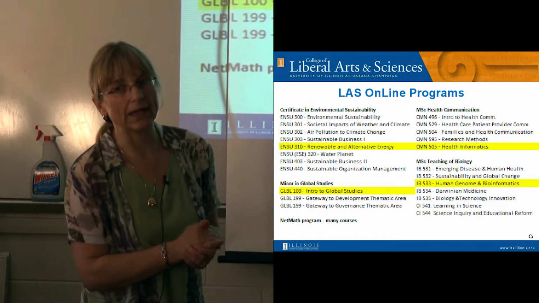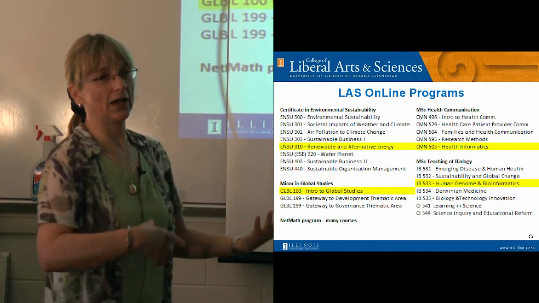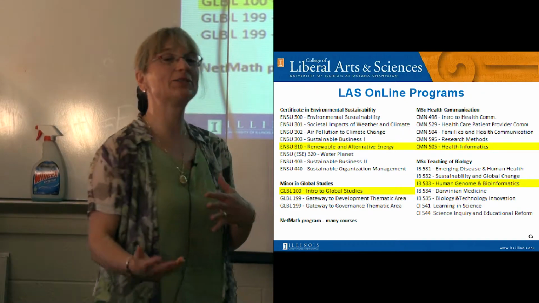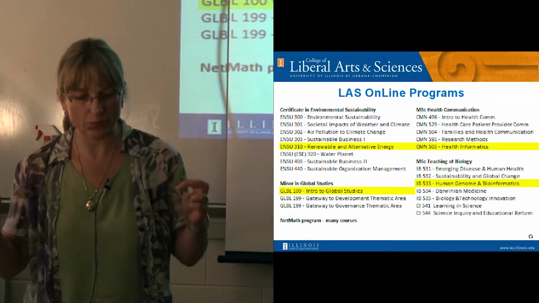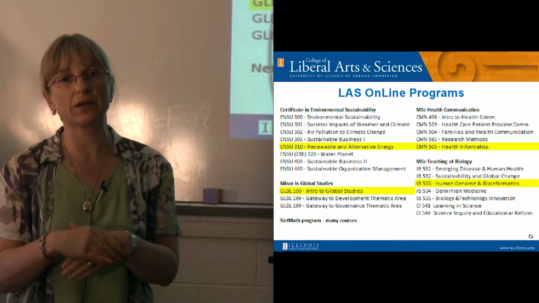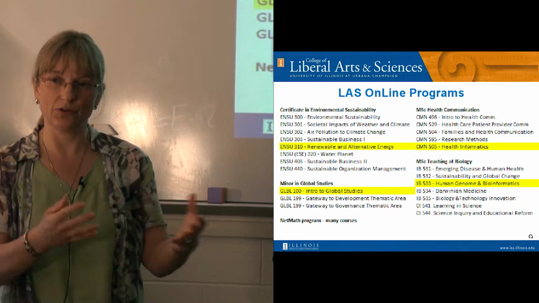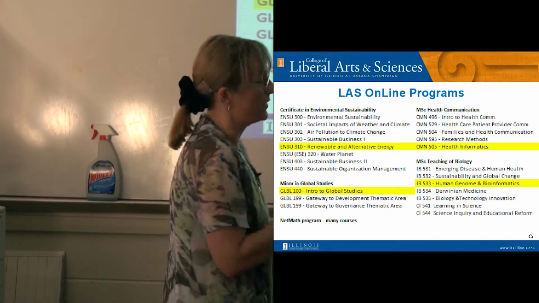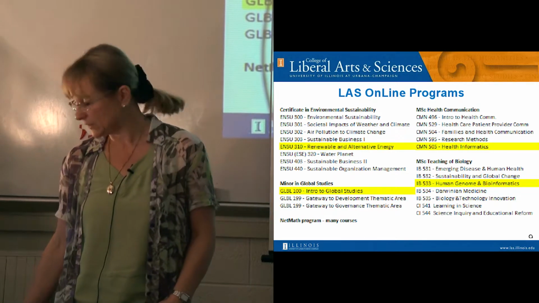That was something that we inherited from Global Campus. They hadn't developed anything, but they had gone through all of the process, maybe I'll just leave it at that. We developed it, and although we shouldn't refer to it as a degree completion program, that's the way we think about things. It is a degree completion program. There are a lot of associate degrees coming online now in environmental sustainability, and they wanted those students to be able to transfer here and get the full degree. So it's a major in environmental sustainability. We're very excited about it. It's led to quite a few community college partnerships, which we're really looking forward to.